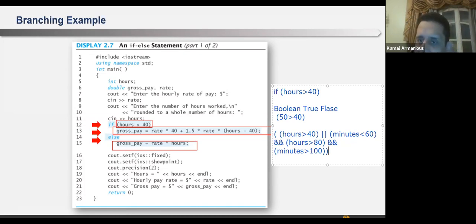How do I evaluate this? I evaluate this with precedence rules that are similar to an equation. What is the first thing I start with? The first thing I start with is always the parentheses.